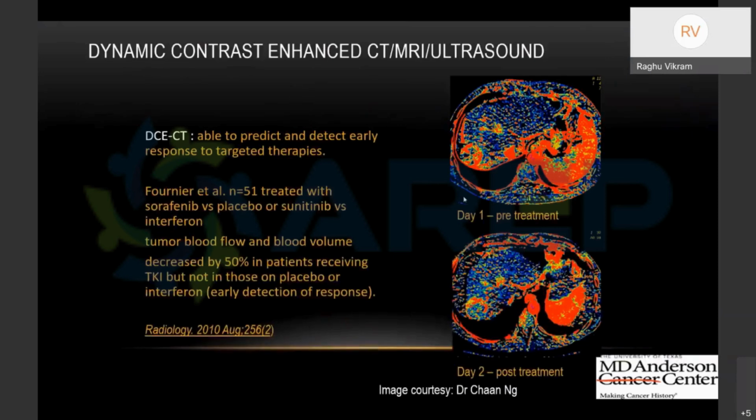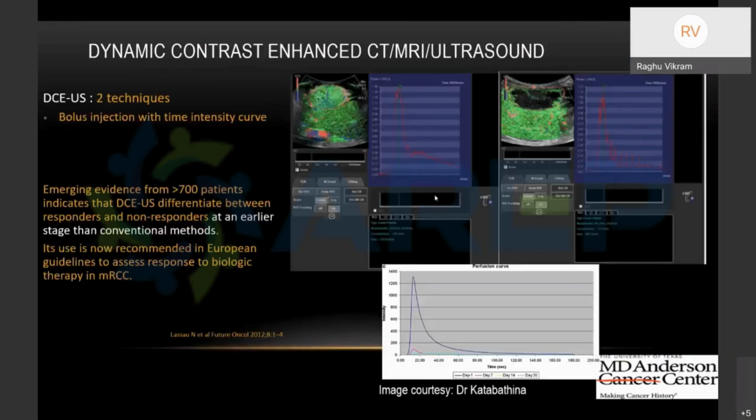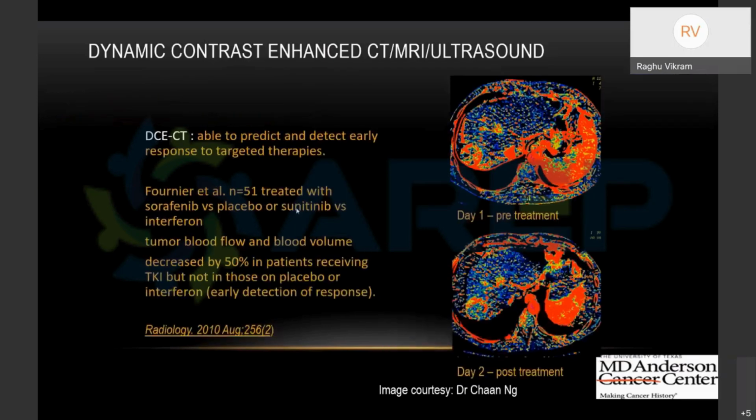I'm just going to skim over the contrast enhanced ultrasound scan and dynamic CT and MR just to show that these can show response much quicker. So this is a CT perfusion day one pre-treatment. Once you give treatment, you can see that there is not much. This is day two. So you can see that the tumor or the chemo is working very fast. So rather than waiting for 4 weeks, 6 weeks, 8 weeks, you'll know whether the treatment is working or not